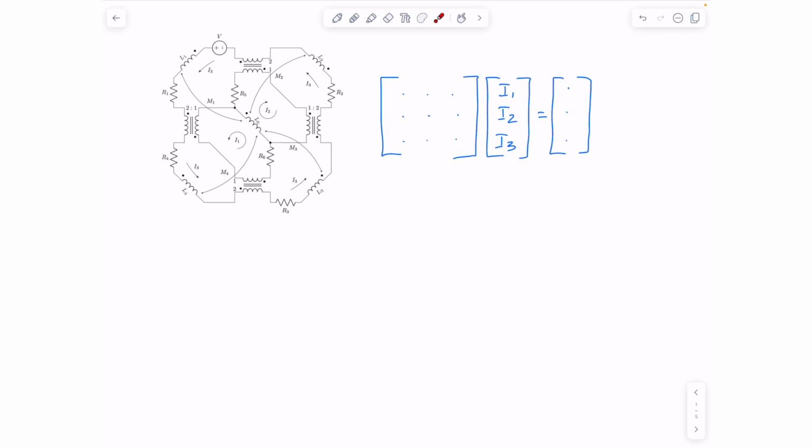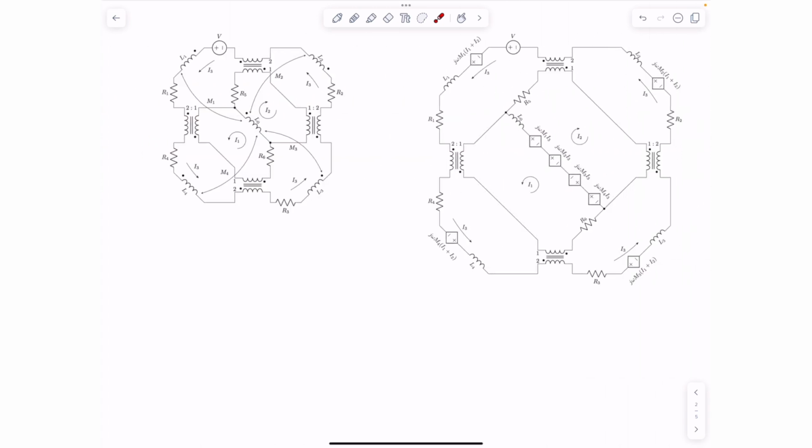To solve this problem, you can start writing mesh equations right away, or you can do decoupling first. I will follow the second approach. I'll do decoupling because I believe there is less chance to make a mistake with voltage polarity. Now on the right side you can see the coupling circuit where the effect of the mutual coupling is represented by dependent voltage sources. The polarity of the voltage source is defined based on the current direction through the inductors